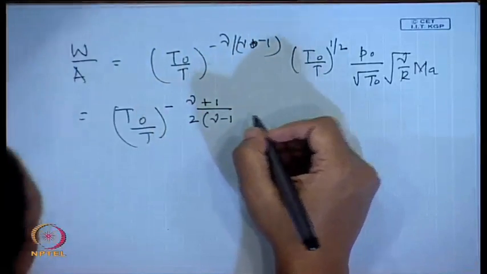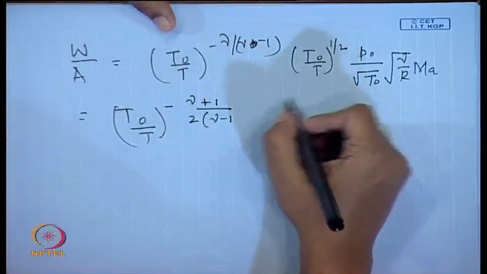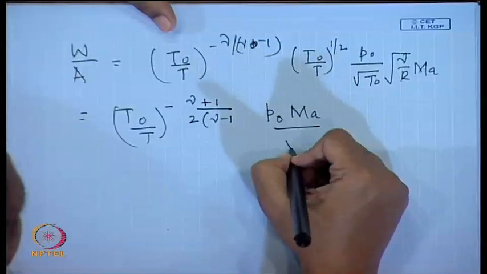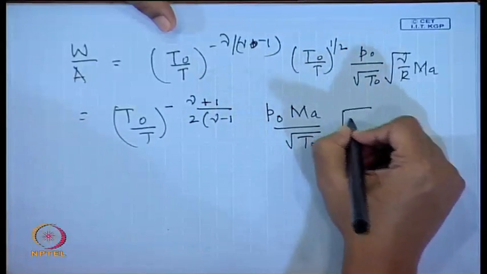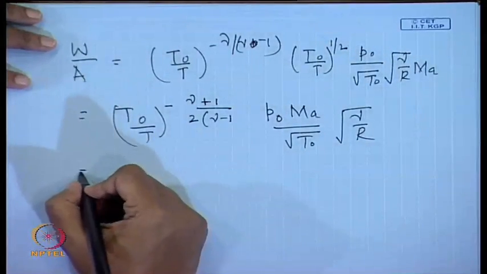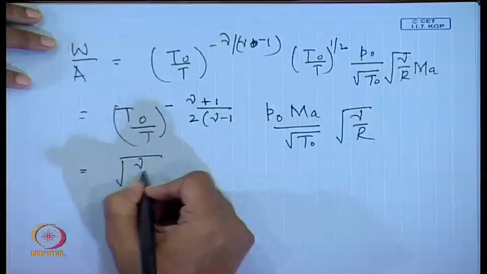Okay. I have combined these two terms, okay, and then it comes as P0 Ma by root T0 root over of gamma by R,